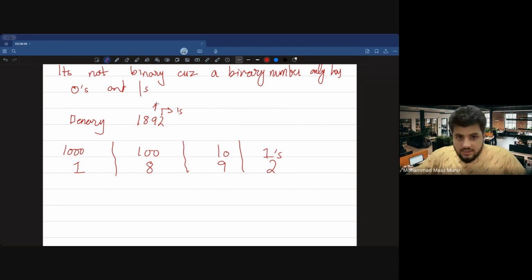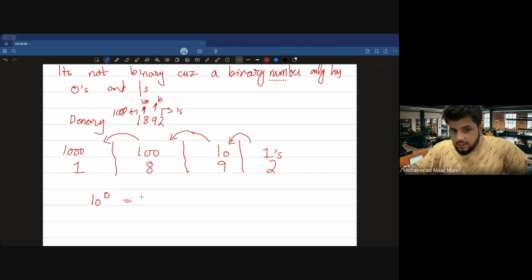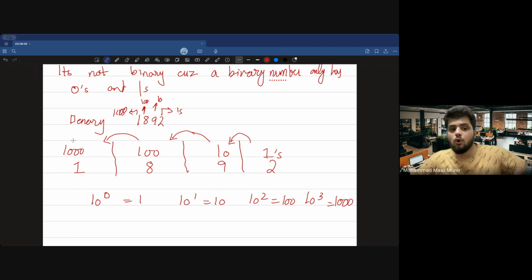This is your tens, this is your hundred, and this is your thousand. Now, what's the difference between all the four things? You can see that with every going digit, as we move from right to left, the number is being multiplied by 10. You see? So we have 10 raised to power 0, which is basically a 1. Then we have 10 raised to power 1, which is 10. Then 10 raised to power 2, which is 100. Then 10 raised to power 3, which is 1000. And let's say if I want to go further, it will be 10 raised to power 4, which will be